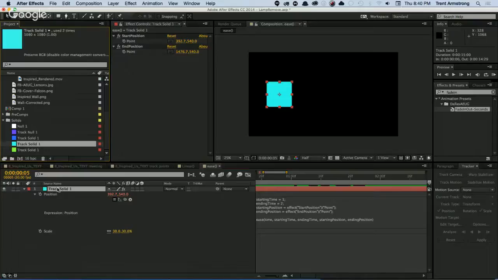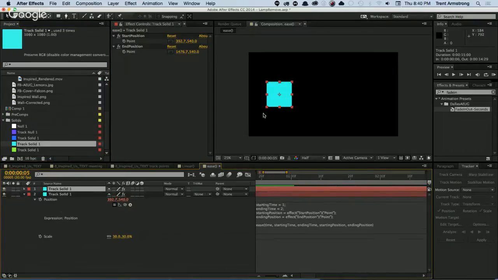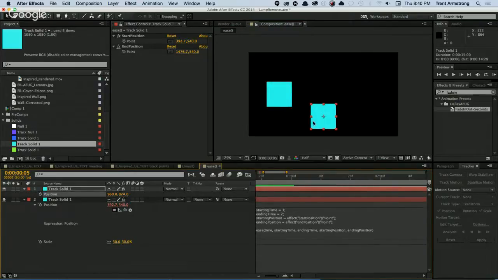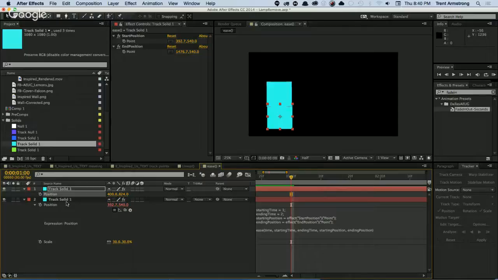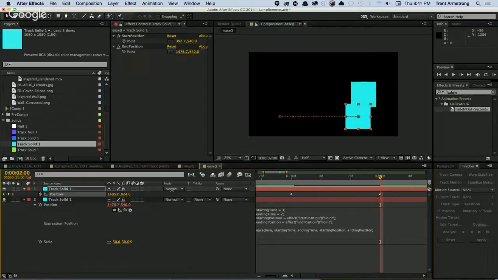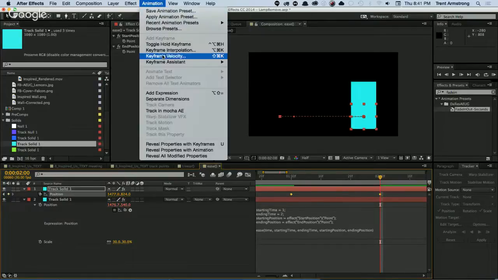So if I were to, let's say, duplicate this and get rid of the expression there and set a keyframe at 1 second and a keyframe at 2 seconds, like that, and then just did an easy ease here,